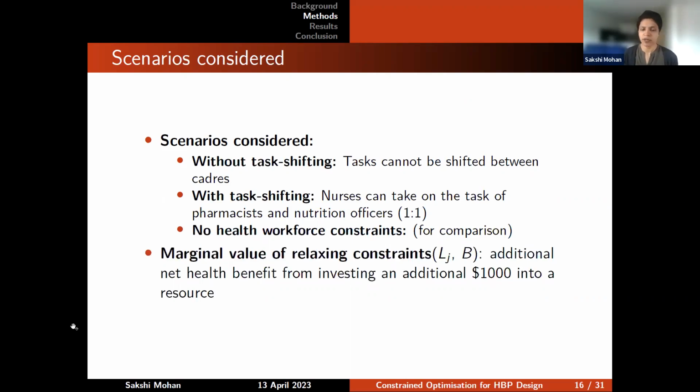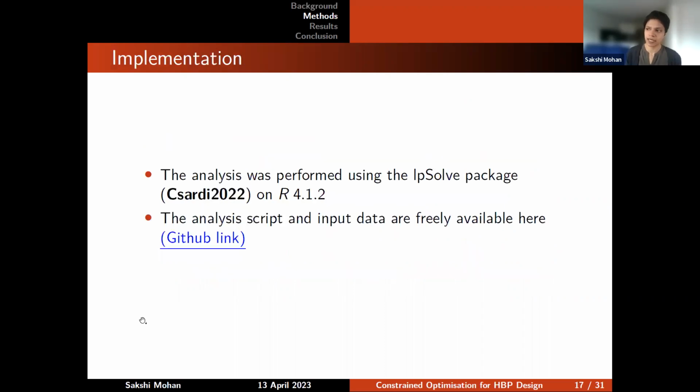In a separate analysis, we also demonstrate how this methodology can be used to guide investments into health system inputs. So we use the method to estimate the marginal value of health system inputs by rerunning the linear programming problem with an additional $1,000 invested into relaxing the constraints on the consumables budget and each of the health worker cadres. The analysis was performed using the LP Solve package on R, and if you're interested, the analysis script is freely